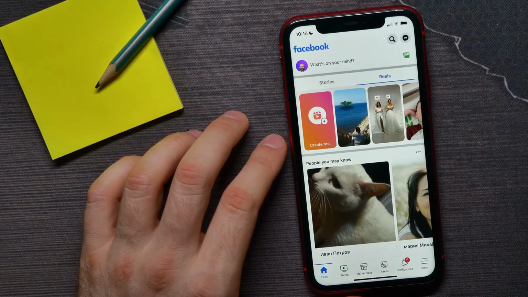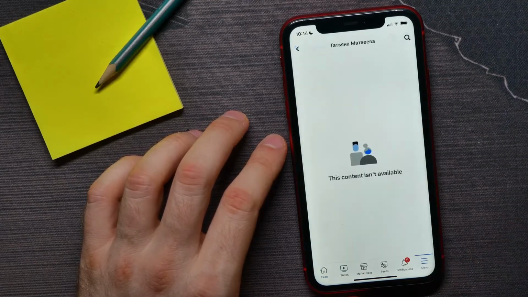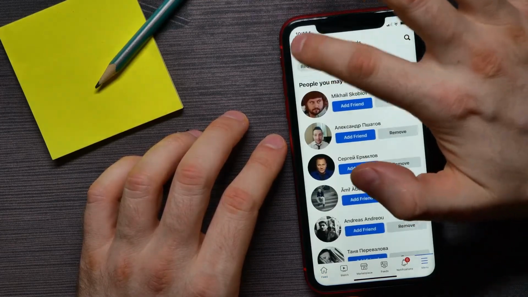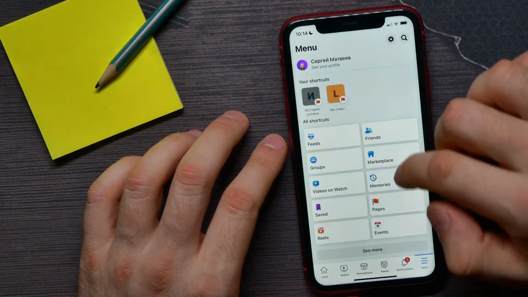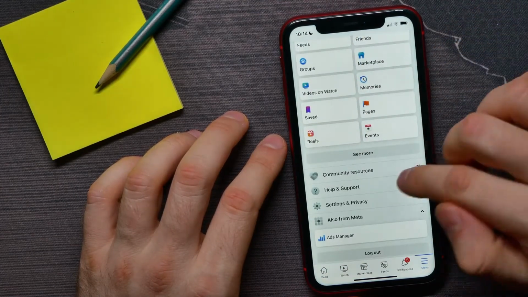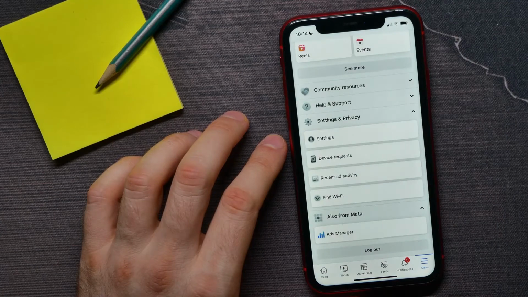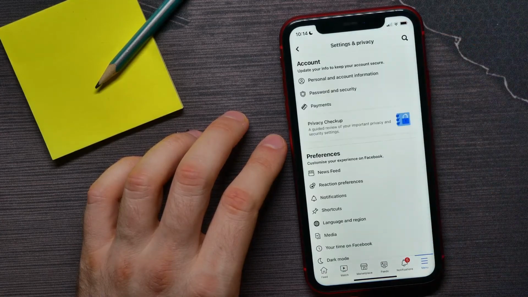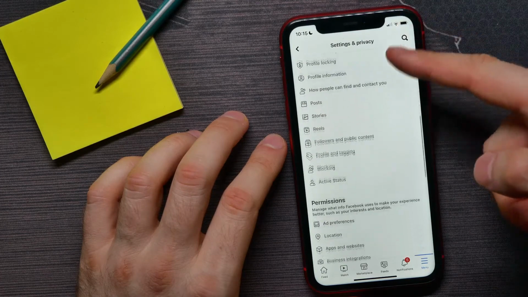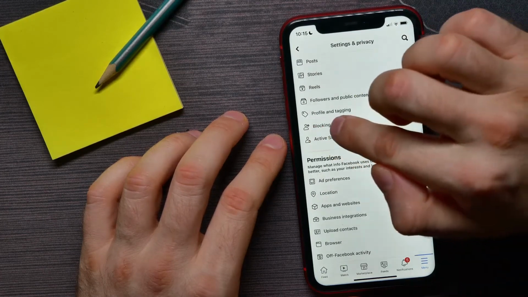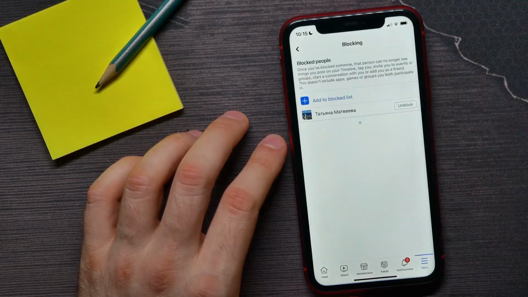So open up Facebook, tap here at the menu, then scroll down for a bit and tap Settings and Privacy, then tap on Settings, and here scroll down all the way until you find Blocking, and there you can find a list of all persons that you blocked before,